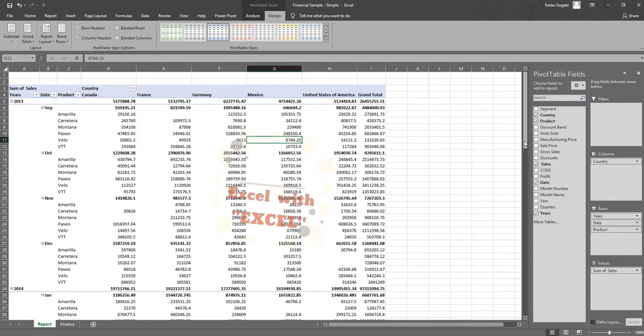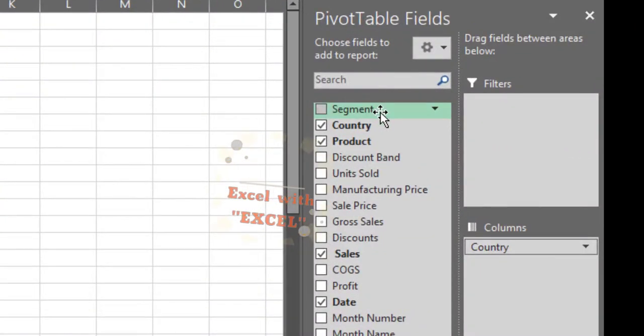Since we want a customer-wise sales report generated, I'll simply drag my customer segment and put it to filters.